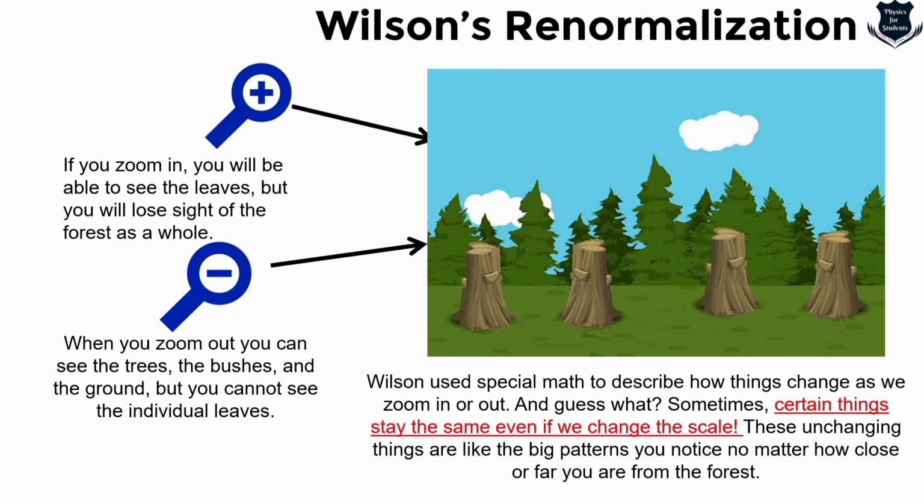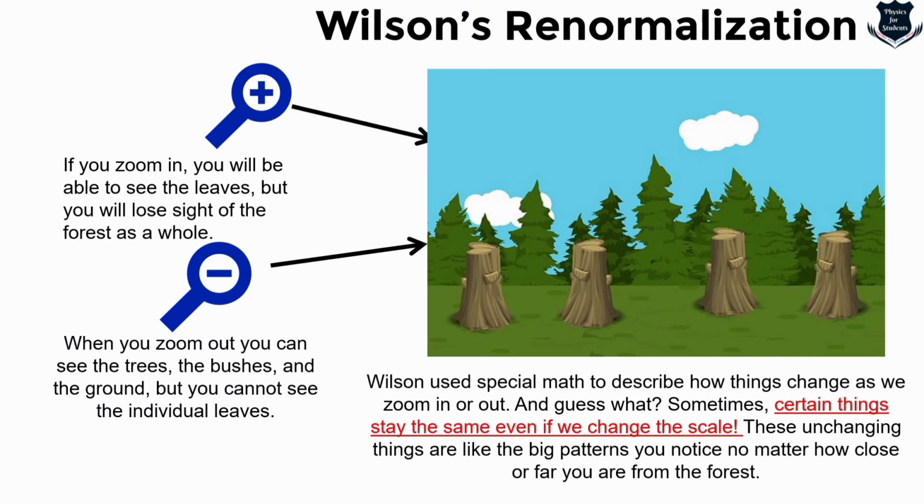So Wilson's renormalization uses this special math to describe how things change as we zoom in and out. That means when we are zooming in, what we can see, and when we are zooming out, what we can see. And this is something important, that sometimes certain things stay the same even if we change the scale. And these unchanging things, like the big patterns, we notice no matter how close or far you are from the forest. So this renormalization method obviously is used in quantum field theory, as you understand, in order to